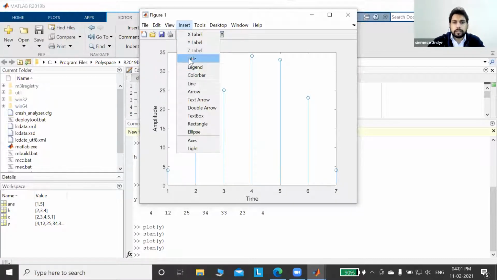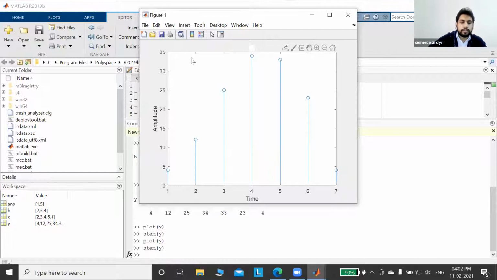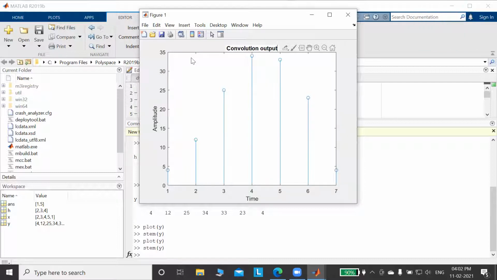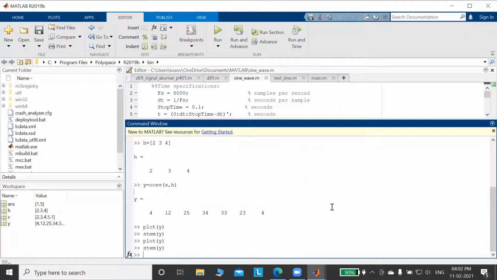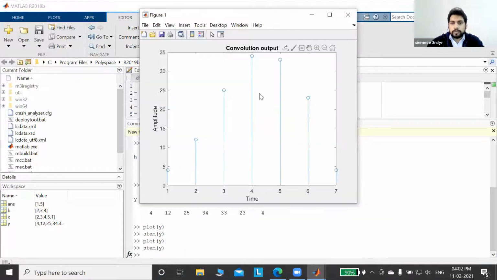And if you say title, the title is convolution output. You can write it down like this. Can you see this? This is x level, this is y level, and this is the title of the figure. Yes, sir. This is the very basic thing of how to plot any variable.